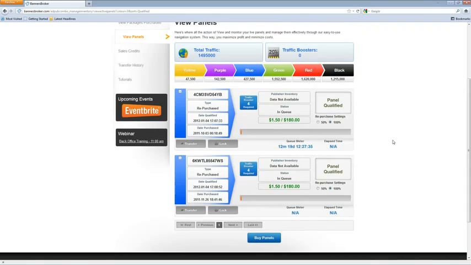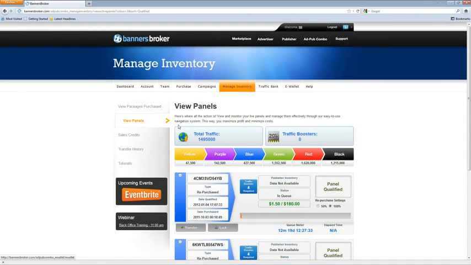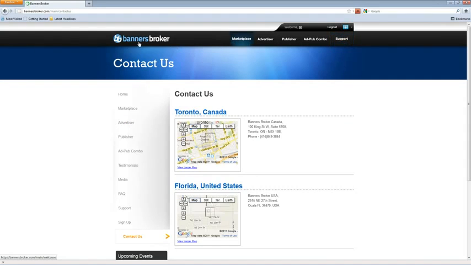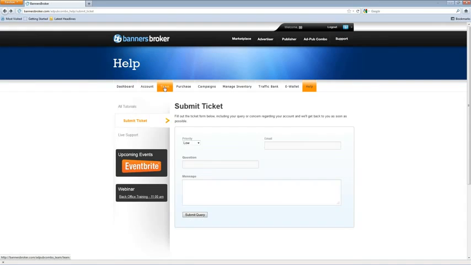For those of you that are saying the support button doesn't work, all you're going to do is click on Help and submit a ticket, and it's right there. So yes, it is working. Go under Help. If you're talking about the support up here, that's not live yet. We'll get that fixed. But if you go under Dashboard, the Help button is there.